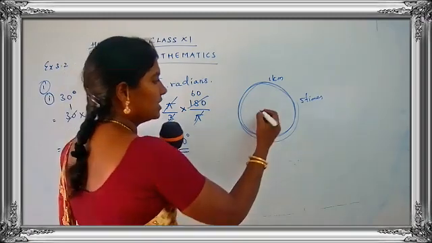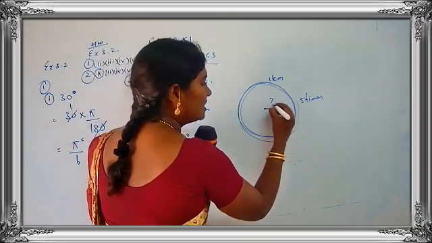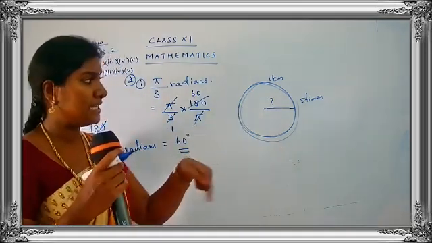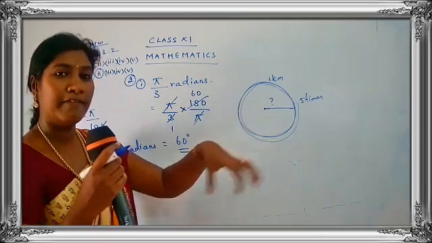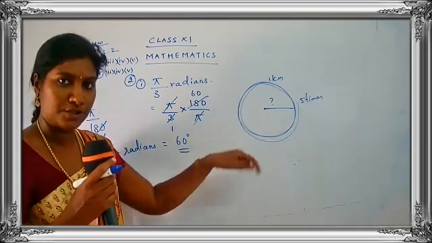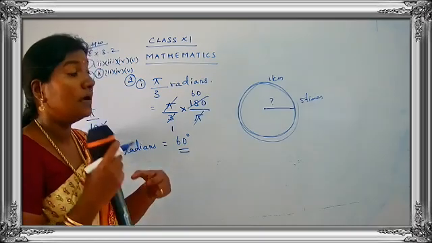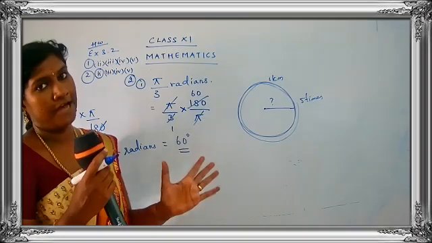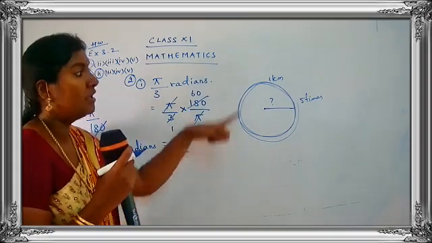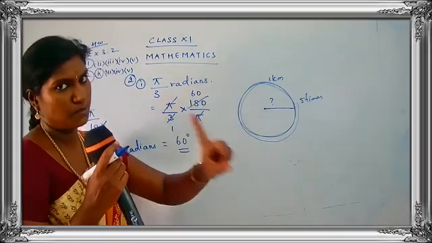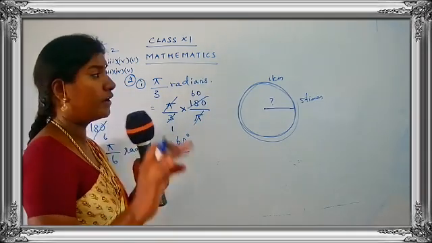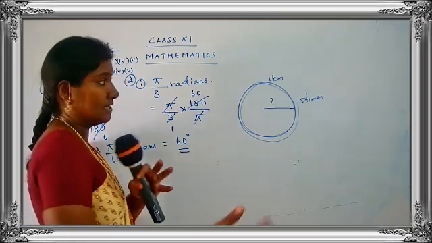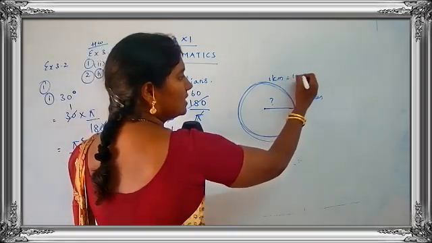So now the question is, they are asking you to find the radius of the circular running path. You must have seen a running path, children, in a park or a playground where you have a circular pathway. The athlete is just running on the circular path 5 times, and if he runs 5 times, the distance covered is 1 kilometer. Now we are not going to write the answer in terms of kilometer. We are going to write the answer in terms of meter. So 1 kilometer is 1000 meter.